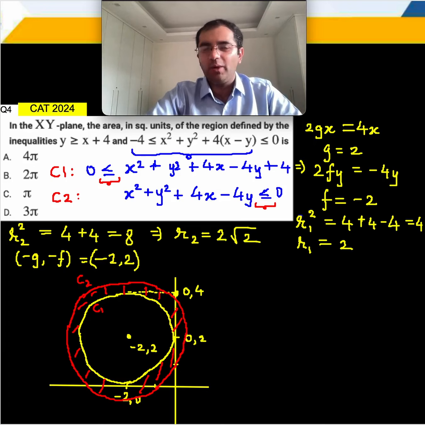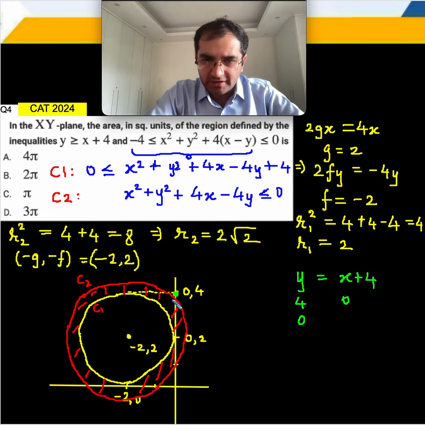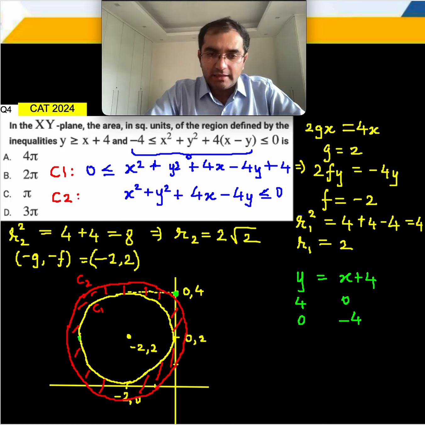I mean, wow, salute. तो ये हम बनाते हैं लाइन y equal to x plus 4. x is 0, y is 4, y is 0. तो ये आपका ये ग्रीन पॉइंट आ गया, x is 0, y is 4. अगला पॉइंट y is 0, तो x आ जाएगा -4. ठीक है, and